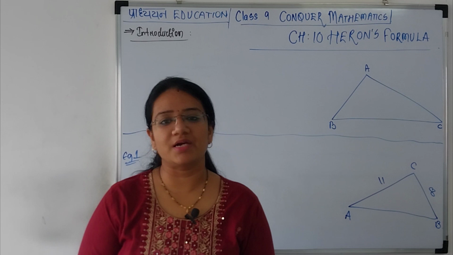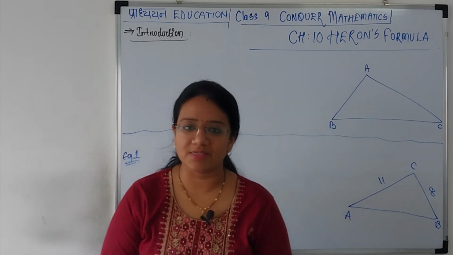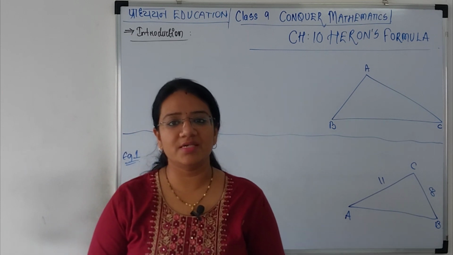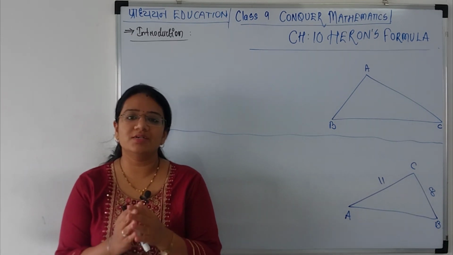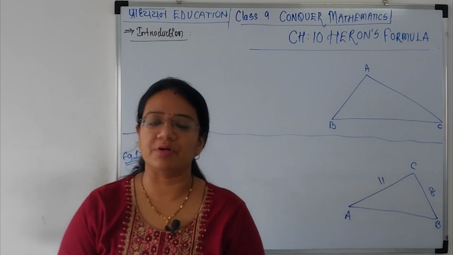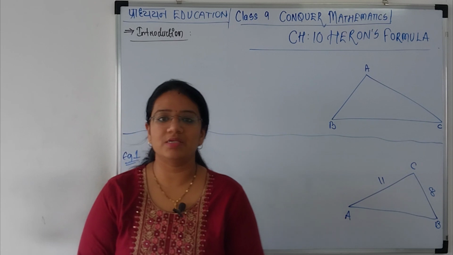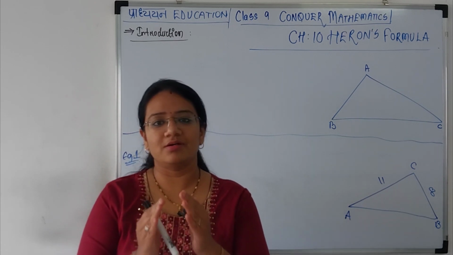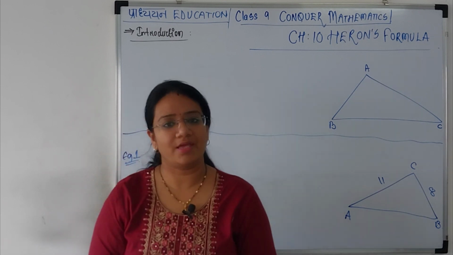In this video, we are starting with chapter number 10, Heron's Formula from your class 9 mathematics curriculum. It is one of the easiest chapters of your mathematics textbook, and it is a very short, easy chapter. Just pay attention when we solve this. While I teach you the concept, just by watching these videos, you will be able to cover the entire chapter.